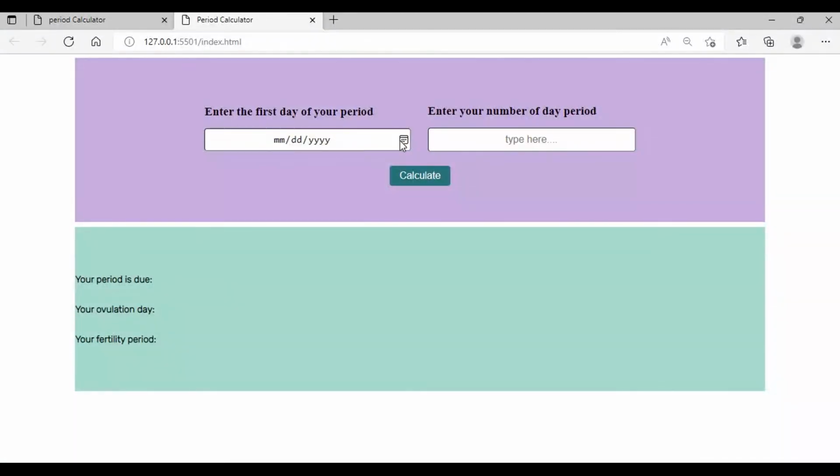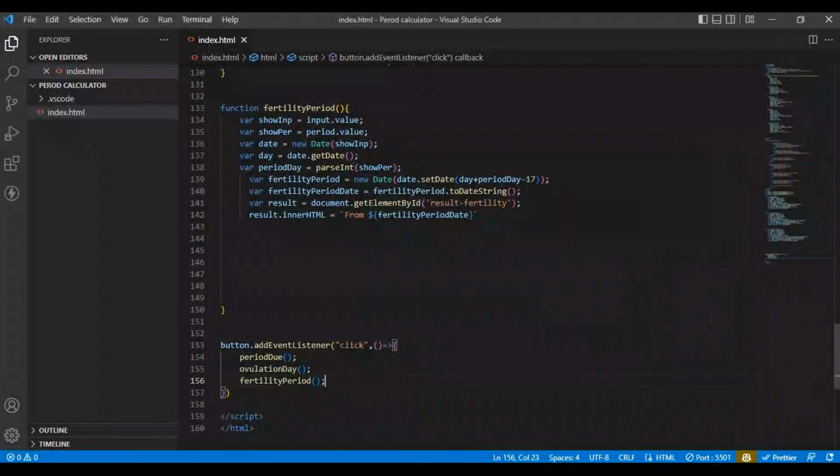So let's check once again to give us our result. So that is it. You can see that our fertility period is from the 14th of July 2022. So that is what we want. But we want the second one too, from this period to another period. We have two dates there, from the first date to the second date. So this is the first date, so it's going to give us the second date where the fertility period will end. It has given us where it's starting from, so it has to give us where it's going to end. So to do that, we are just going to